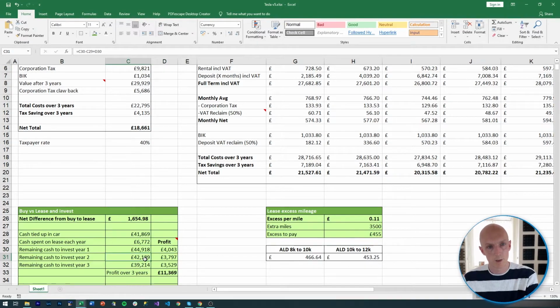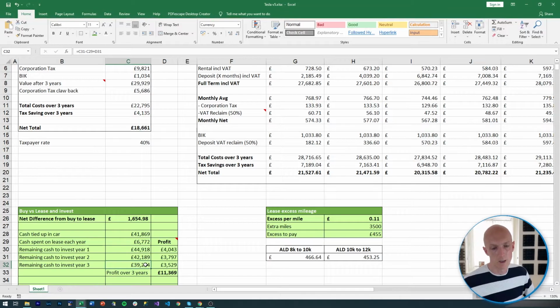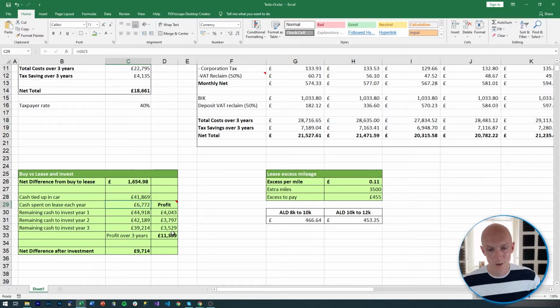We can then reinvest that profit as well as we're investing, but we're going to lose another 6,700 for year 2. So that will give us another profit for year 2. And then finally, year 3 will be much the same. Again, we can add the profit that we've got and that kind of compounding effect, although we will be losing 6,772 on the lease payments itself, which will give us a total profit over 3 years, if everything goes hunky-dory,